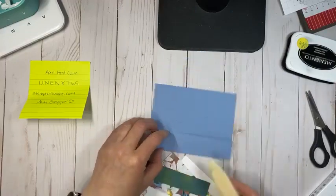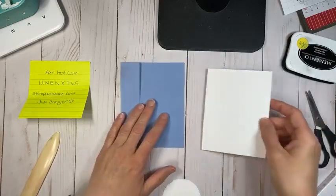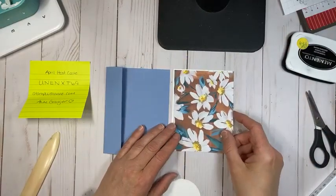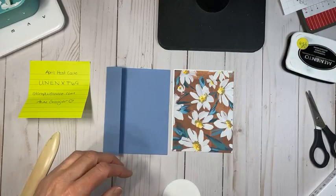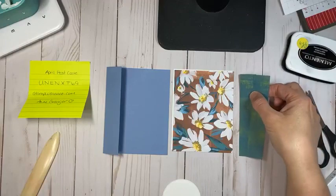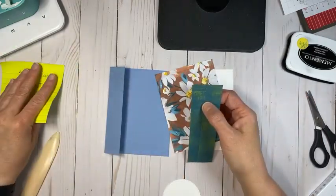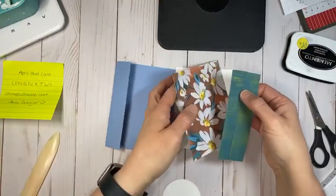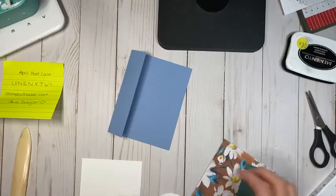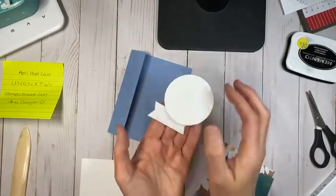Like that. So same way we're going to do that. We have a piece of designer series paper that is 4 by 5 1/4. And then we have two pieces that are 1 by 5 1/4. Not to worry, I will put all the measurements for these projects in this post, probably tomorrow night. That way you will be able to recreate them. Oh, and then I have a stylish shape circle and